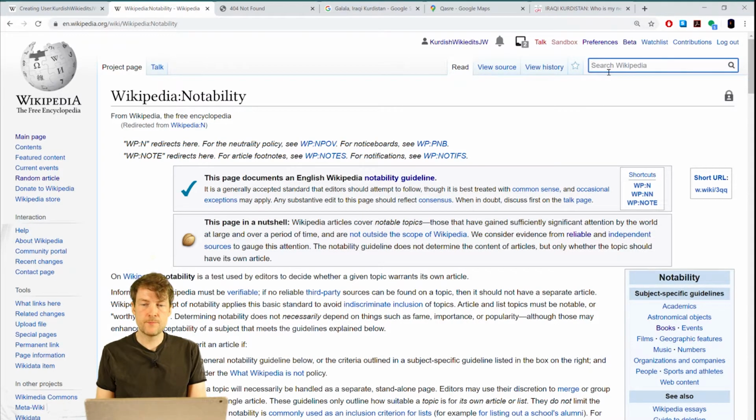On the English Wikipedia, one of the things that I do to find articles that need to be improved is to go to the WikiProject Kurdistan. WikiProject pages are summaries of the information that Wikipedia has about a certain subject. So if we go to WikiProject